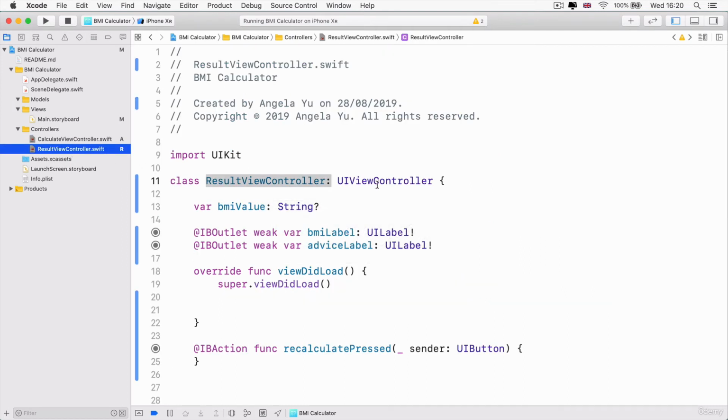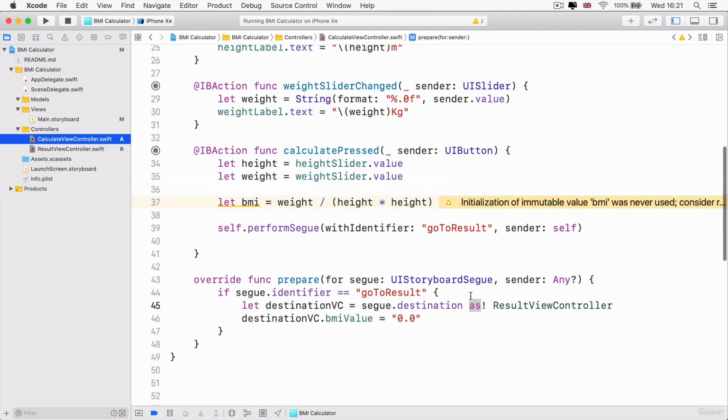At the moment, we have a UIViewController, which of course is the superclass of our ResultViewController. We can cast it down to a ResultViewController by writing the keyword as. Now, the exclamation mark here says this is going to be a forced downcast. So just as when we use the exclamation mark to unwrap optionals, this expresses our certainty that when the segue's identifier is goToResult,